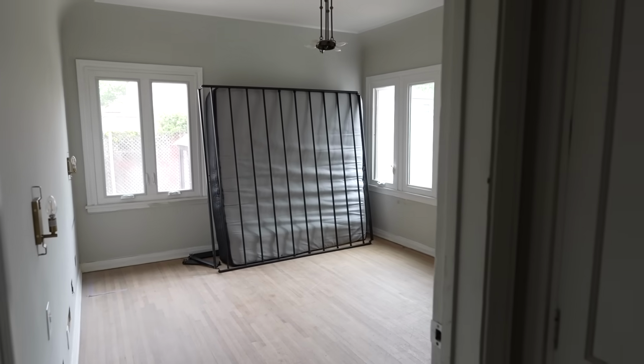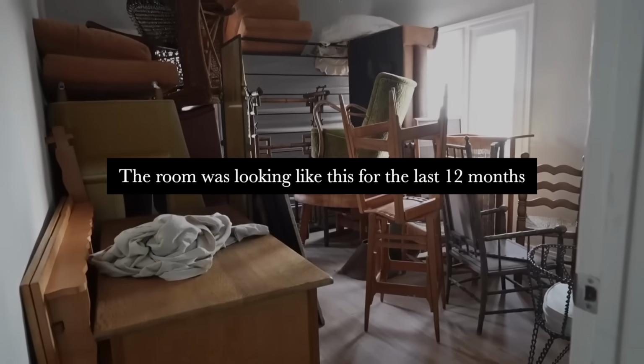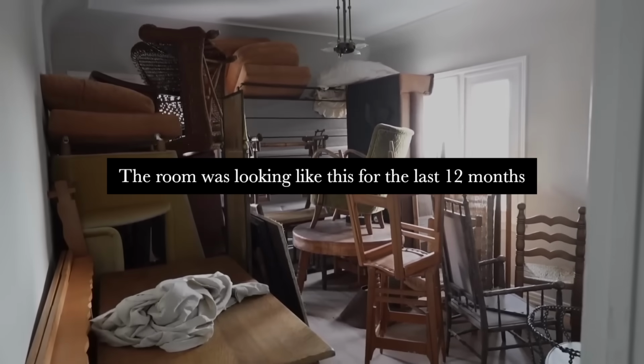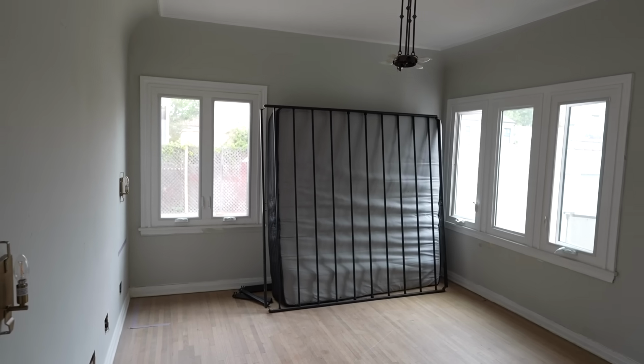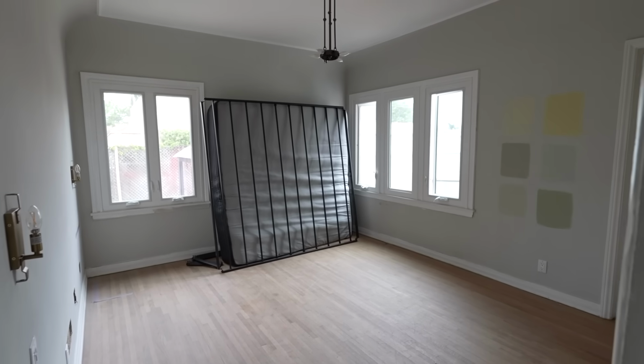So here is our starting point. I am in the hallway right now. I actually took the door off just so it's easier. There was a nice flow because we need to swap the direction of the door, which I'll talk about at a later time. Besides the point, there is already a bed in here, and the floor is really dusty right now